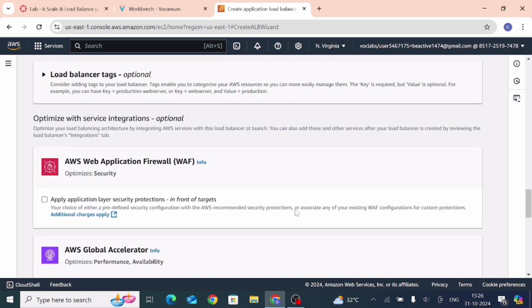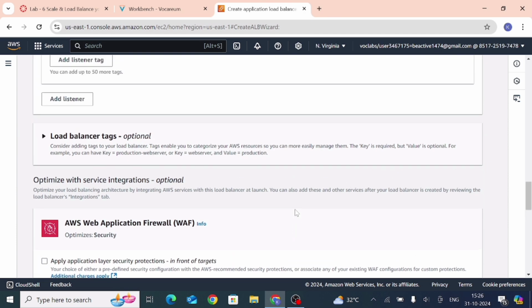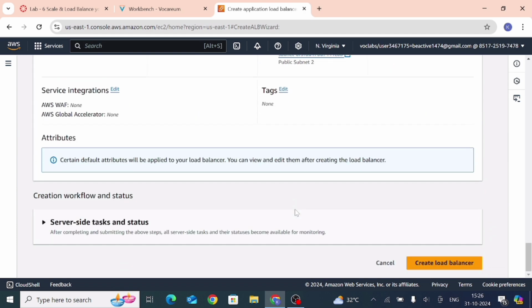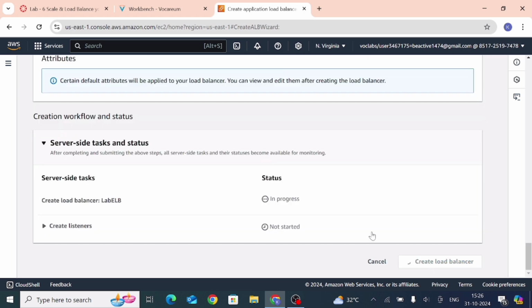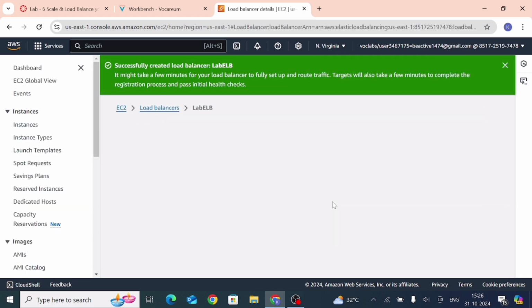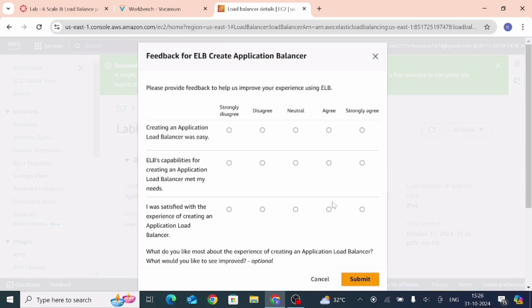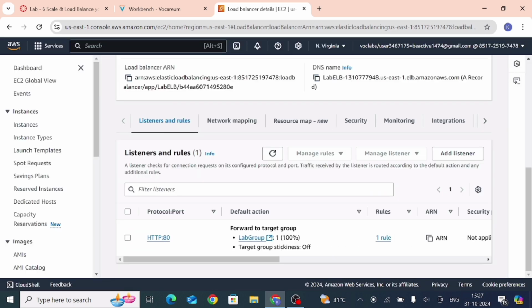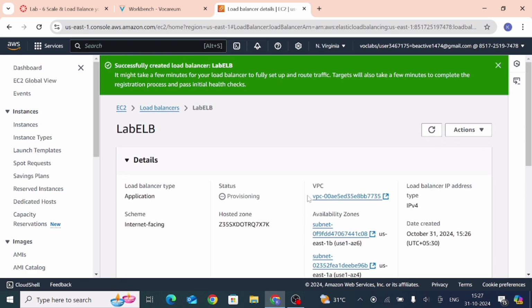Now scroll down and click on create load balancer. So successfully we created it. So here we completed task number 2.